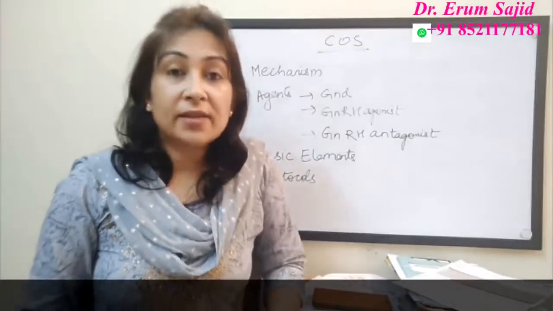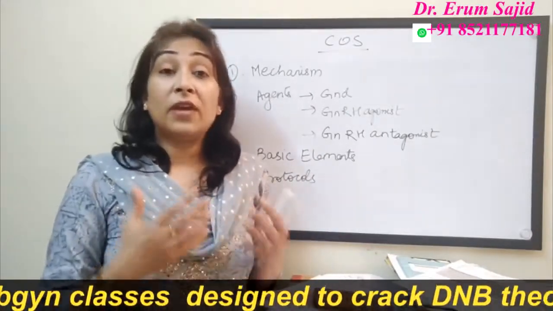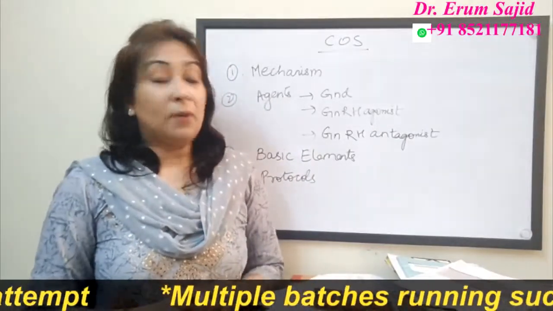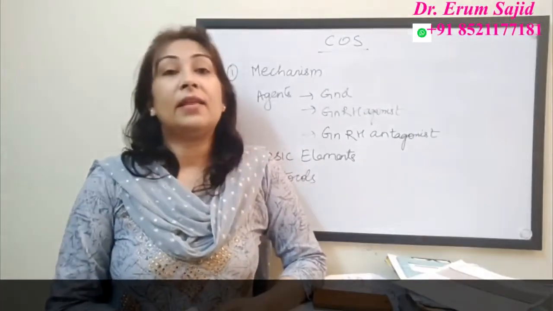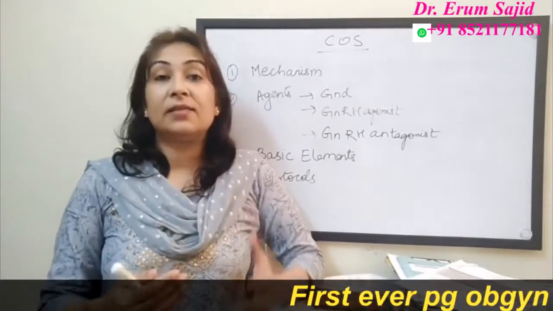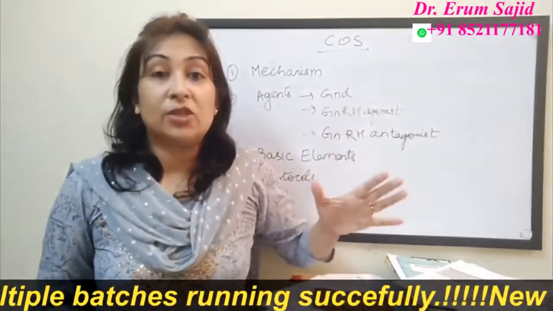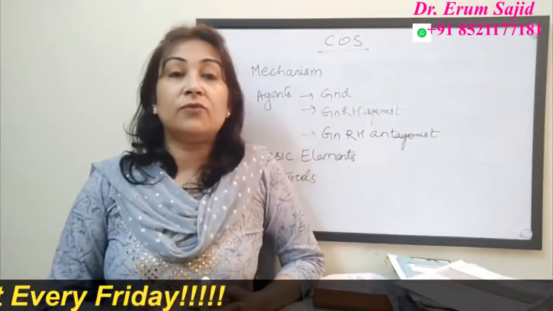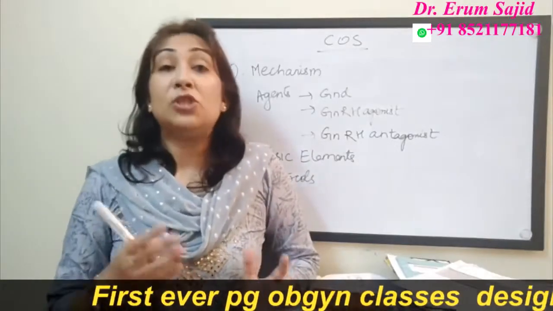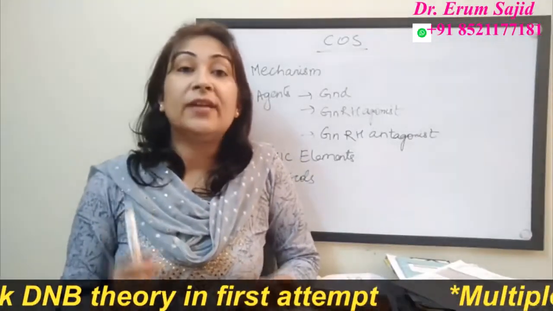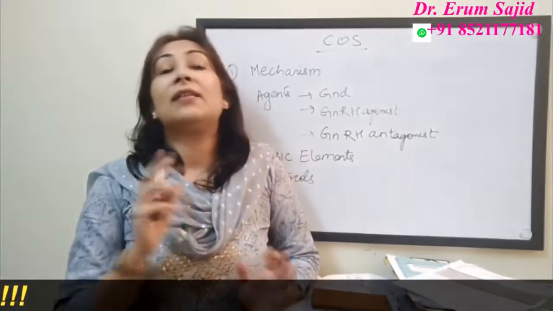Hello friends, and in today's lecture we will be discussing the complex interplay of the various hormones inside the body, because these are the lectures on assisted reproductive technology, that is ART, and amongst that one of the topics happens to be controlled ovarian stimulation. You need a controlled stimulation for the simple reason that you want a cohort of follicles to grow together and mature together so that there could be an oocyte retrieval at a particular time, and that technique is to be utilized to the maximum benefit.